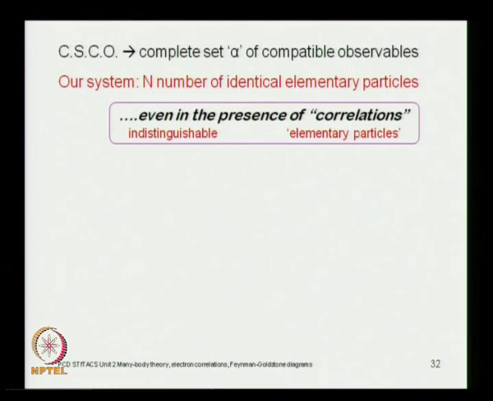Greetings. So we will continue our discussion on second quantization, and today we will introduce the creation, destruction and the number operators. The destruction operator is also often referred to as the annihilation operator, and basically our many particle system will be described in terms of single particle quantum numbers. These are elementary identical particles, so they are indistinguishable and they are elementary, but we will continue to treat them